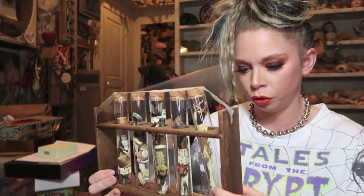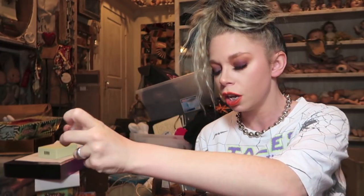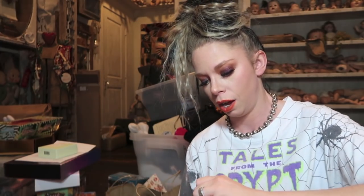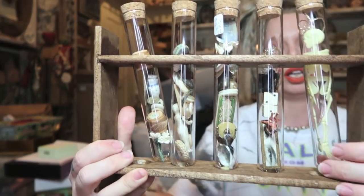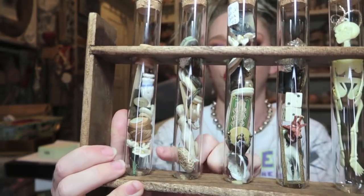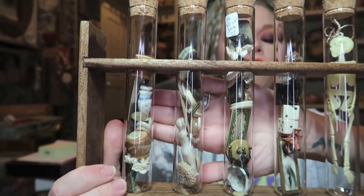I have a really cool display of stuff. And once again, I got this from Pocketful of Heirlooms. It is a bunch of test tubes that are filled with various vintage objects. And it comes all on this really cool test tube rack here. So you could literally spend all day looking at these things